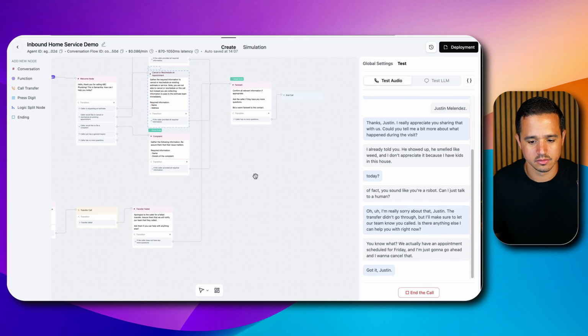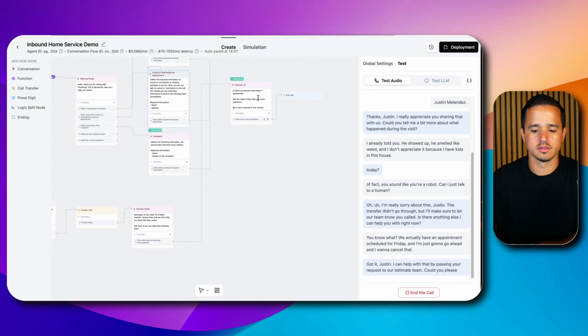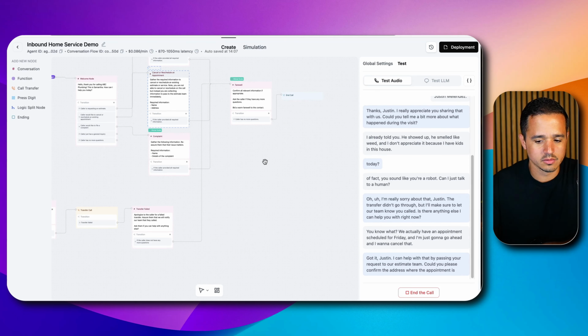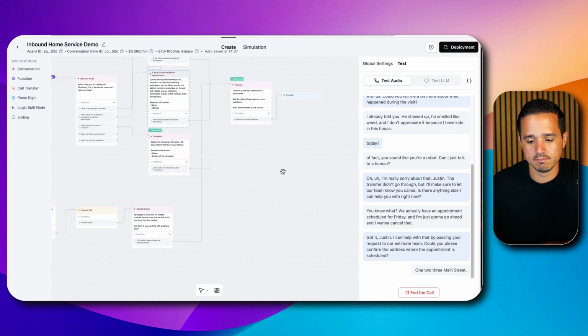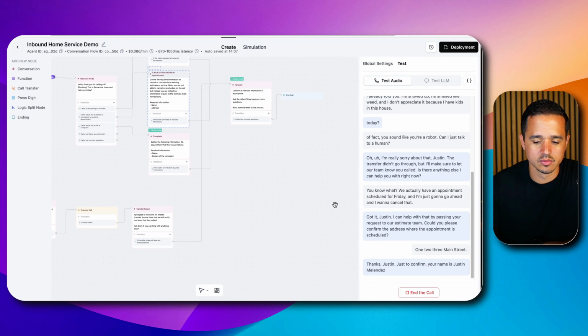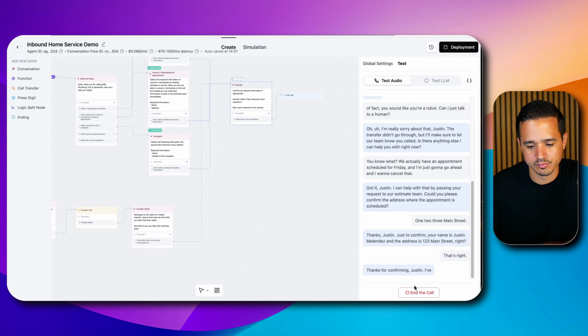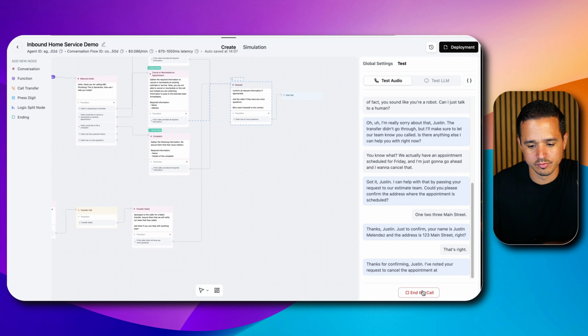Got it, Justin. I can help with that by passing your request to our estimate team. Could you please confirm the address where the appointment is scheduled? 123 Main Street. Thanks, Justin. Just to confirm, your name is Justin Melendez and the address is 123 Main Street, right? That's right. Thanks for confirming, Justin. I've noted your request to cancel the appointment at